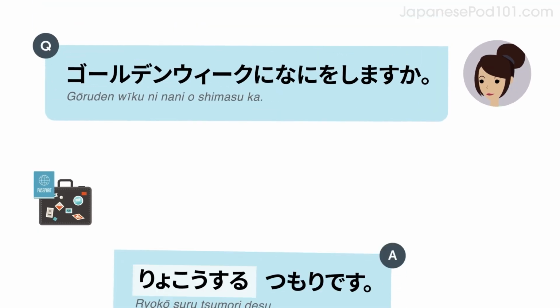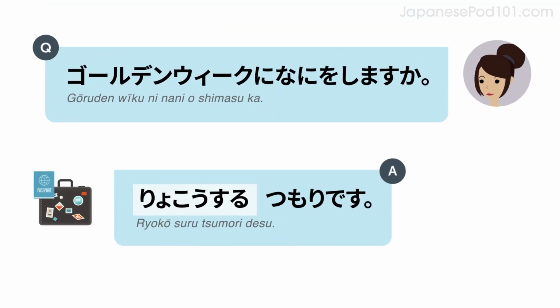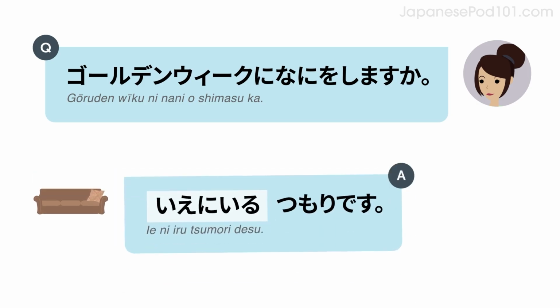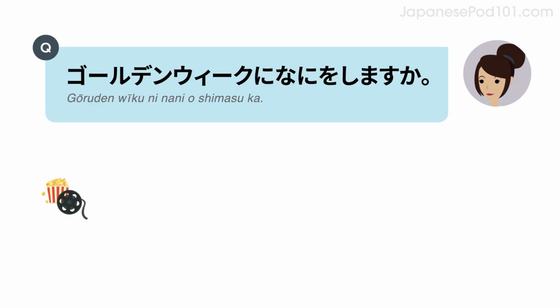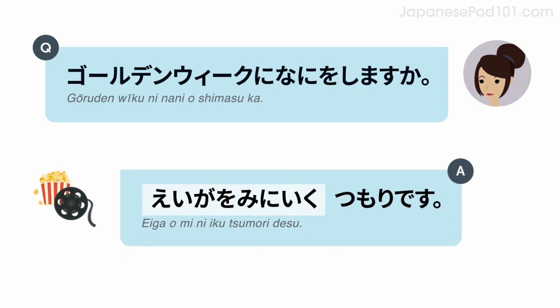Let's look at some examples. Listen and repeat, or speak along with the native speakers. ゴールデンウィークに何をしますか？旅行するつもりです。ゴールデンウィークに何をしますか？家にいるつもりです。ゴールデンウィークに何をしますか？映画を見に行くつもりです。